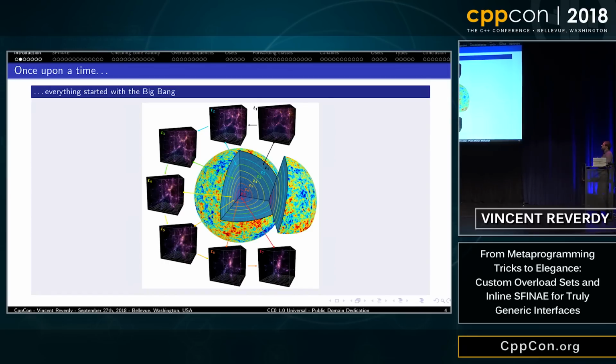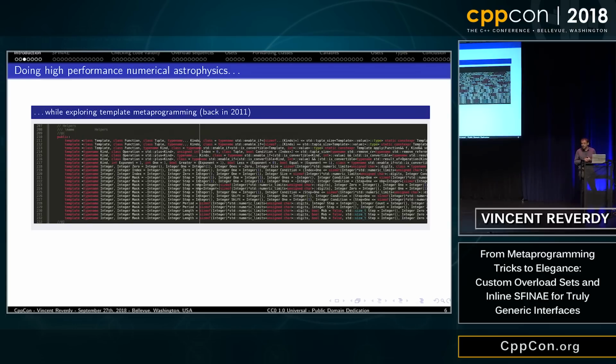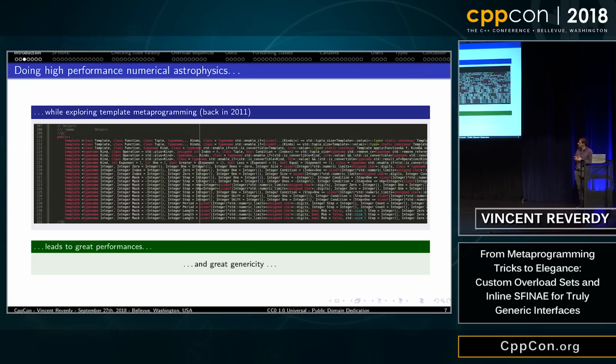Once upon a time, I was working on cosmological simulations, simulating galaxies and how galaxies form. And to do high-performance numerical astrophysics, I investigated template metaprogramming. It was back in 2011, and I was discovering template metaprogramming and playing with it a lot.